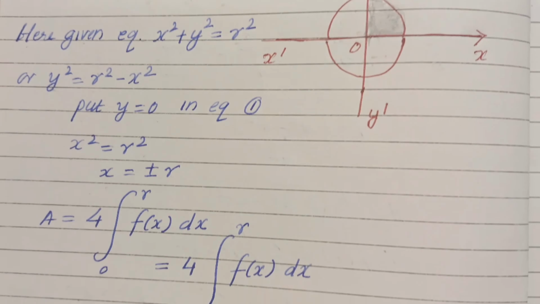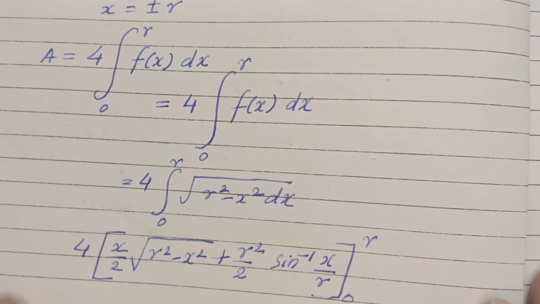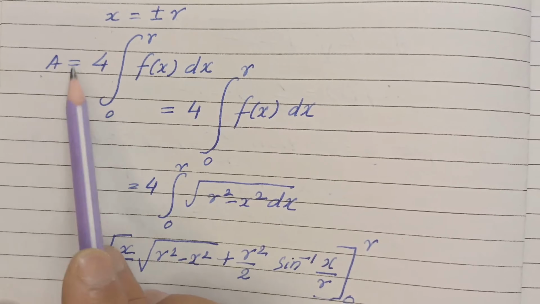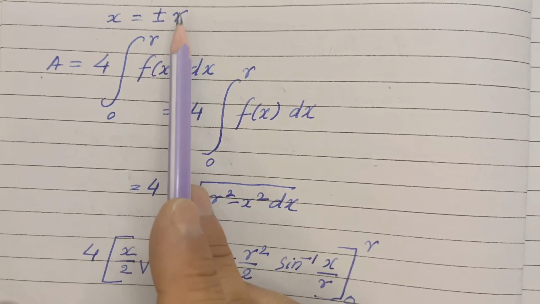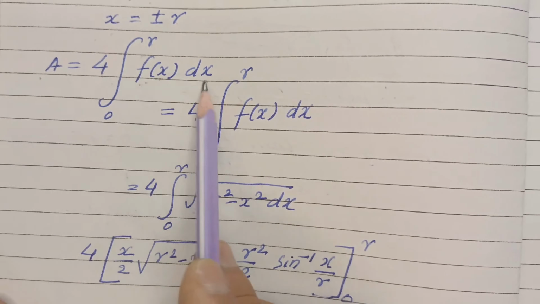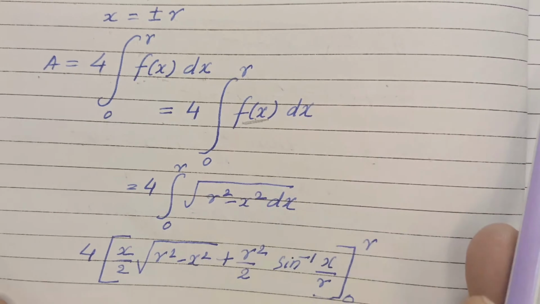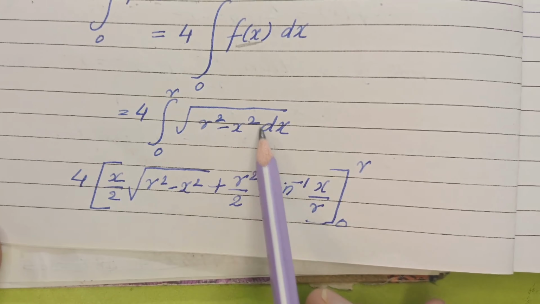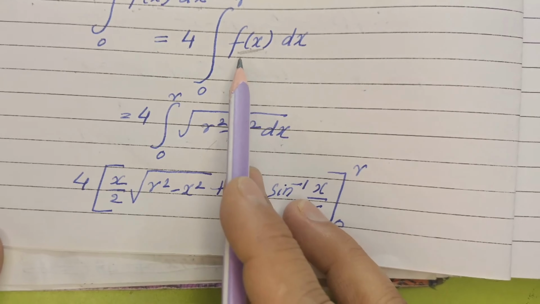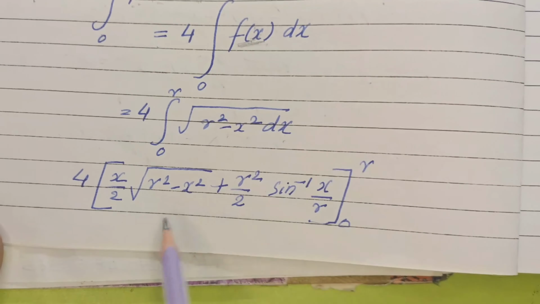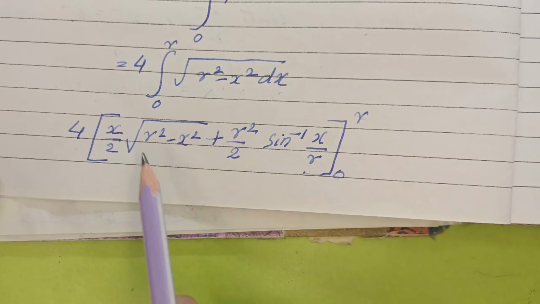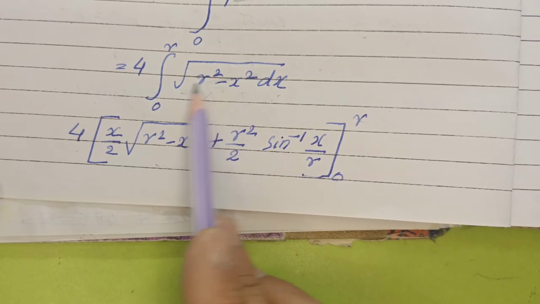Now let's see by putting in the formula. We know the formula for finding the area of the arc above, below, or on the side. This area is equal to 4 times the integration from 0 to r, here it is r, depending on what you are integrating. The 4 means you are finding all the 4 arcs. So here it's simply fx dx, where fx is the value given to you, which is root of r square minus x square dx. You can say x or y, that doesn't matter. Then you integrate, replace the values r and 0, and get it. But here it's very simple, because it's the same formula you are using, r square minus x square dx.